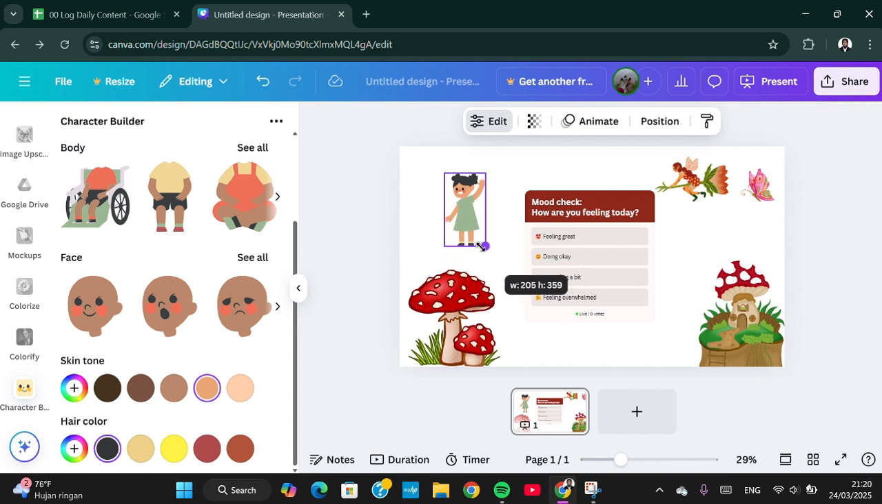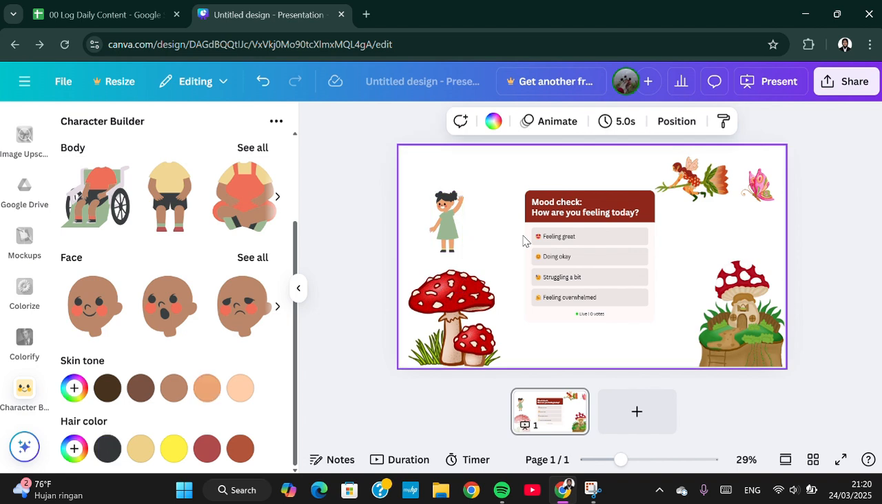As you can see guys, a character has been created. Okay, and that's all the way to create your own